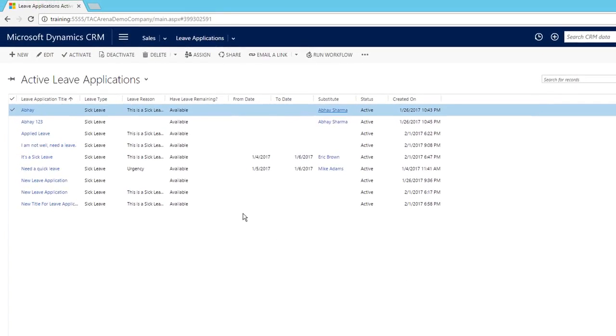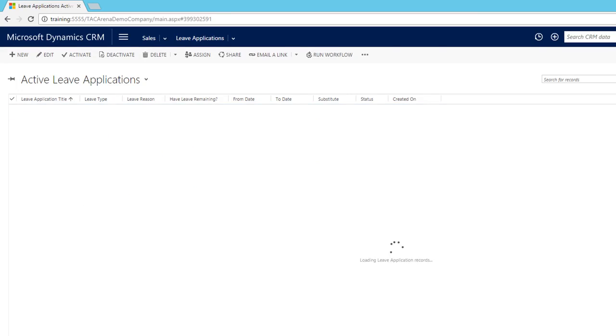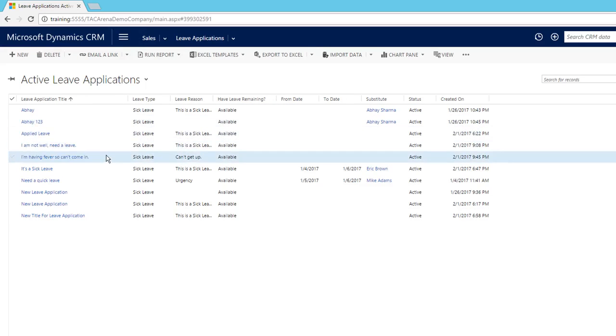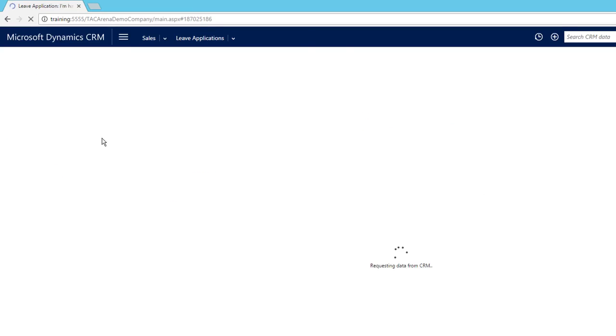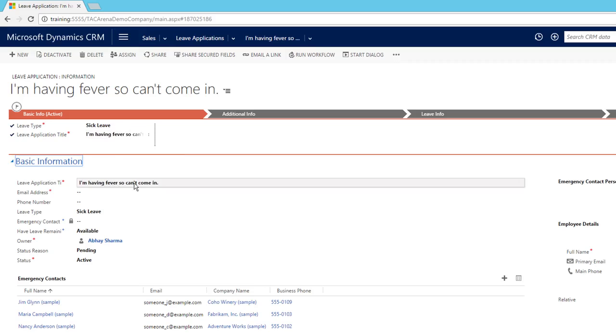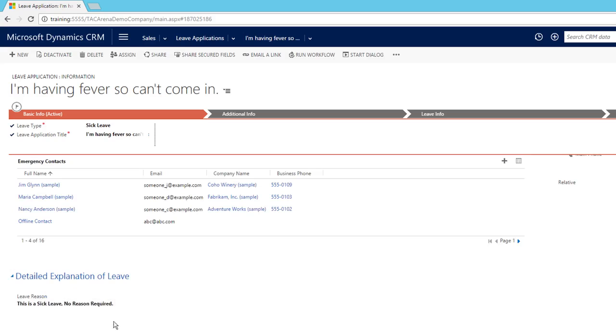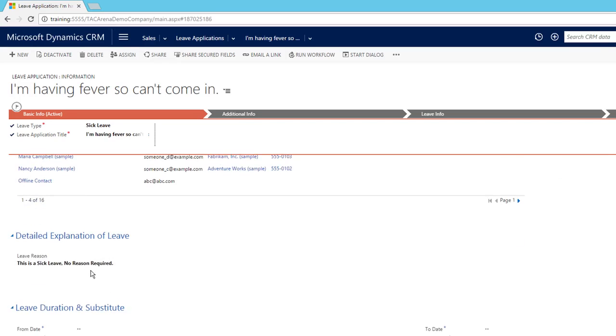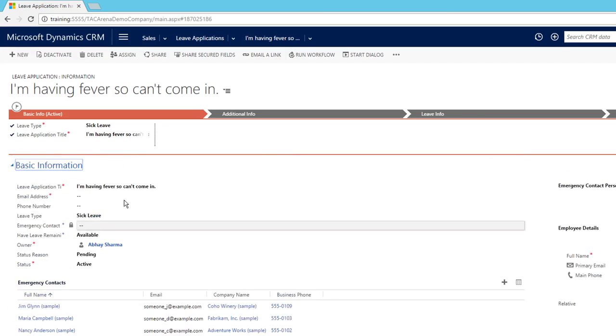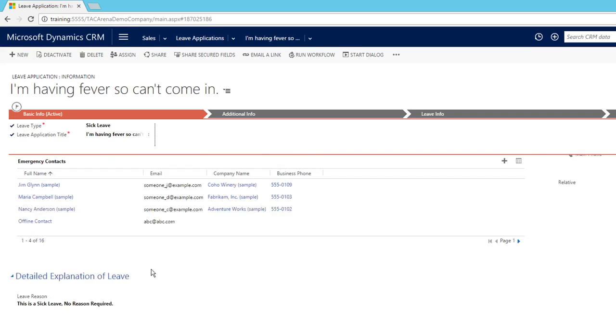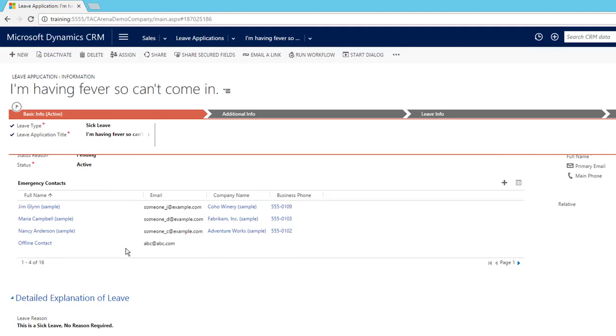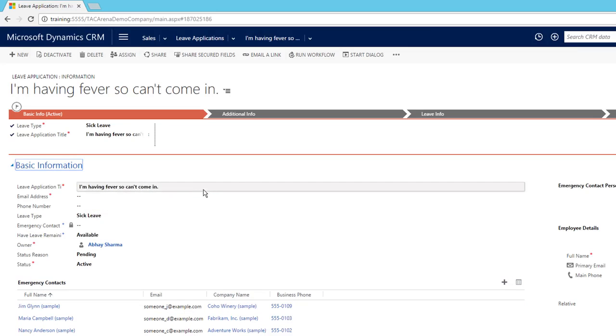So as soon as it click finish, it is going to create a leave, as you can see here. If you refresh it, you can see here it is done. It says I'm having fever, so can't come in. It's a sick leave, and this is a sick leave, no reason required. So this is all done through the business rules that we have created. But if you don't have that particular business rule, whatever we have mentioned, it is going to replace with that. Okay, so it automatically creates a record and assign it to the leave applicant who has applied the leave, and